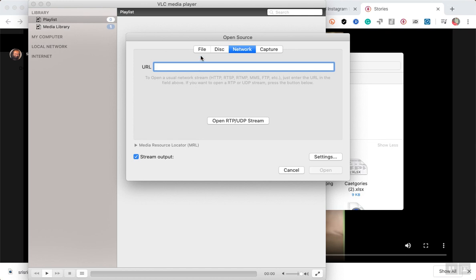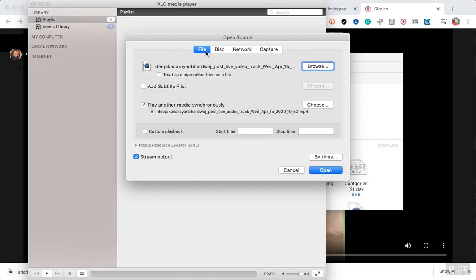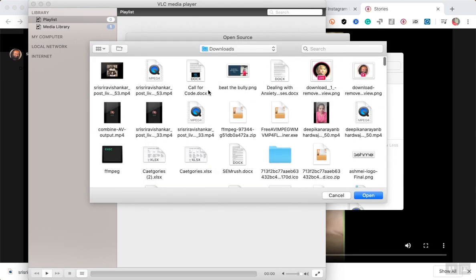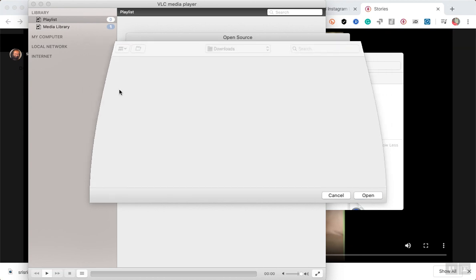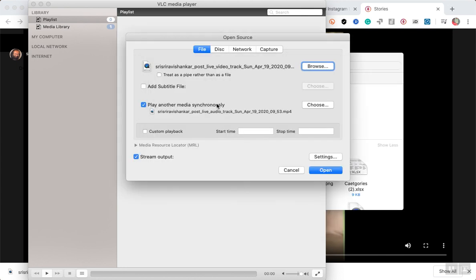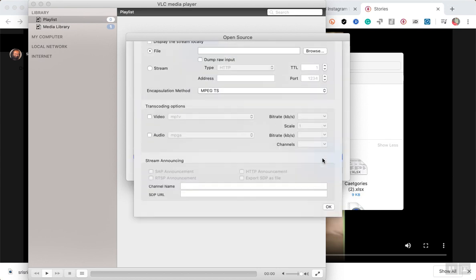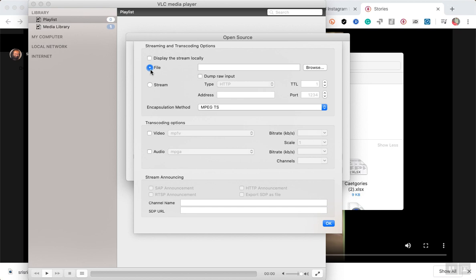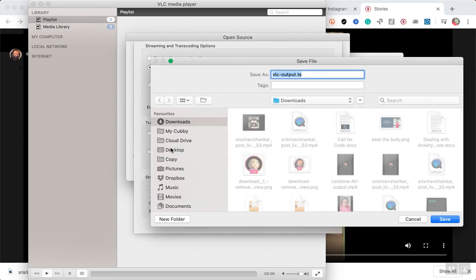So we need to merge this file. So you have to go to the File tab. Then here you have to put the video file first. Okay, so after that you have to go and check on the stream output. Go to the setting and check on this radio button file and browse it where you are going to save it, right? So I'm going to save it here as a VLC output